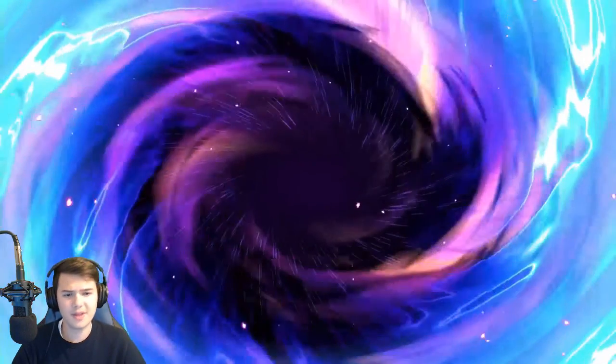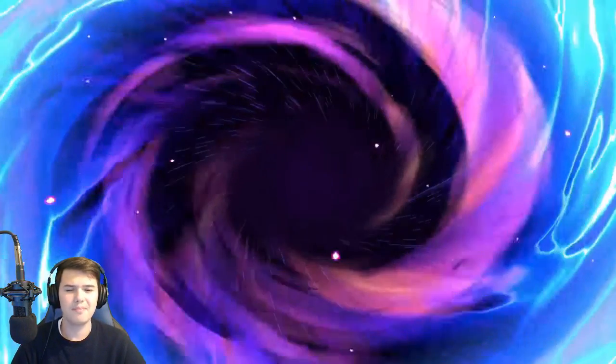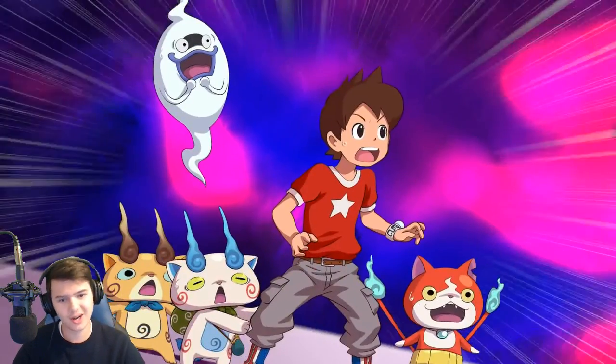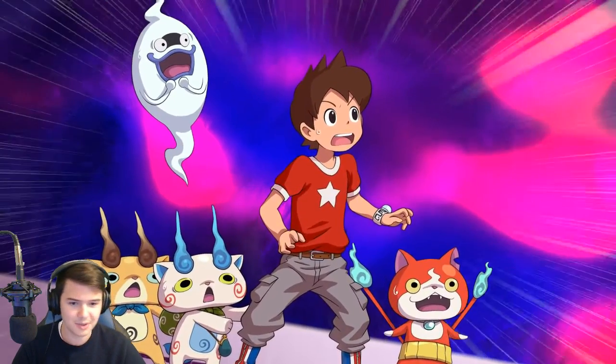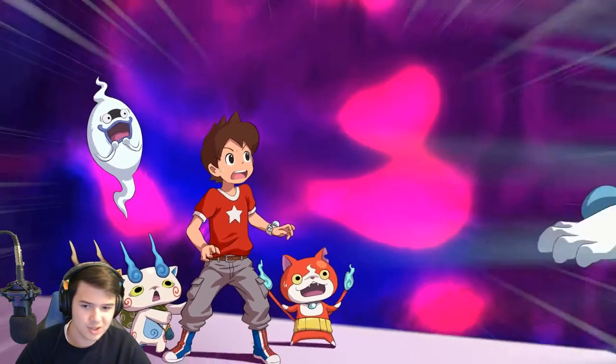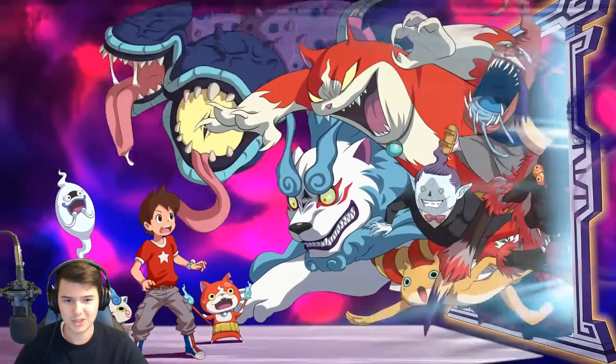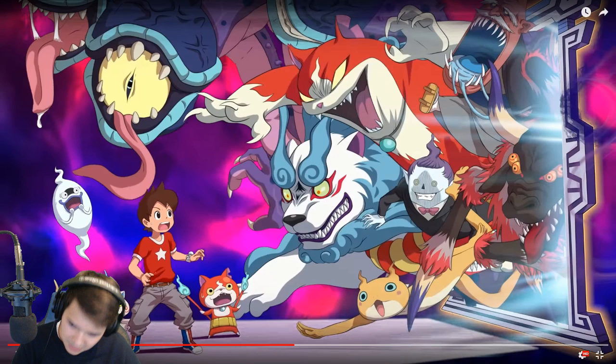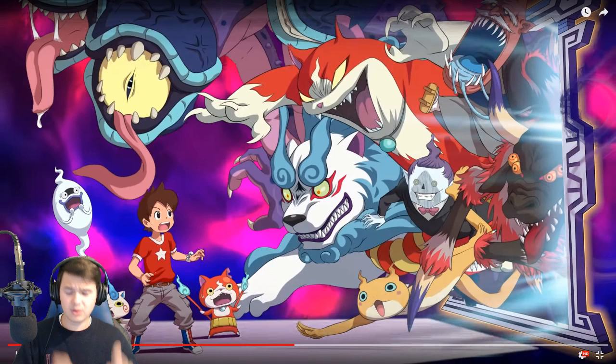Anyways, moving on from there, we go into the best scene in this entire trailer, and it is the animated scene where you see Nate, Komajiro, Koma-san, Jibanyan, and Whisper, and out of the door pops a bunch of different yokai. We've got Slimamander, we've got Michi, Shadow Side Jibanyan, Shadow Side Koma-san, Hungram's Shadow Side, Whisper's Shadow Side, air quotes, form,